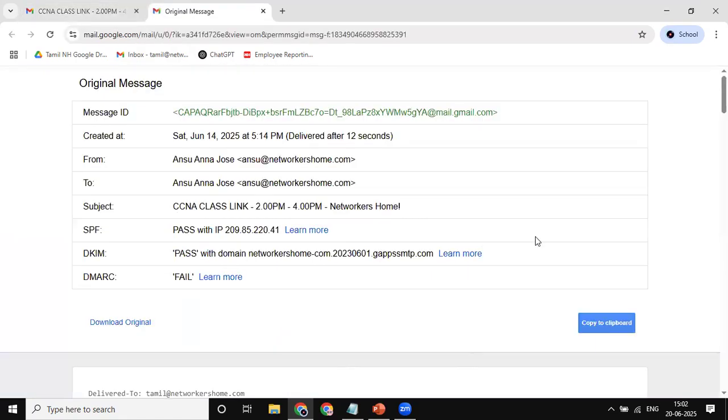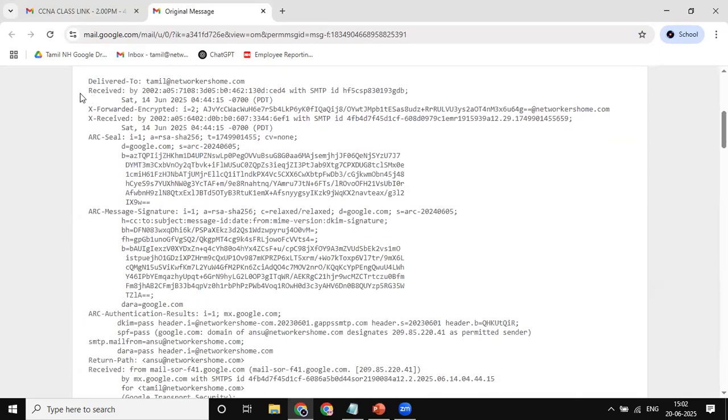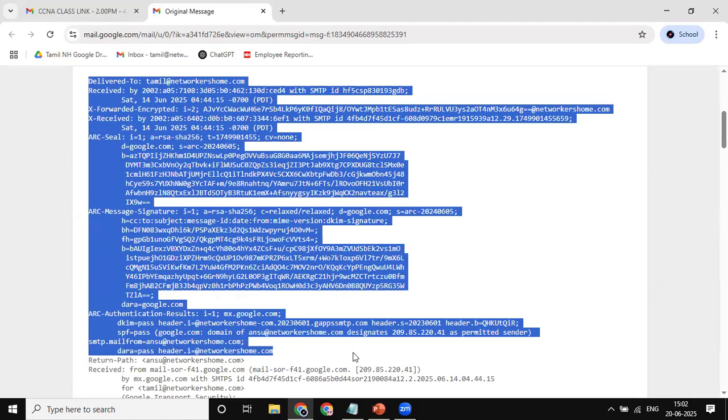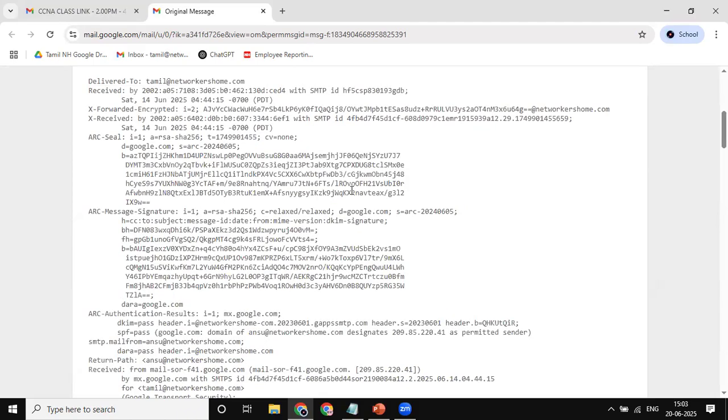So this is the mail I've received. This is the message ID and created-by time from my mail. Everything is there. So this is the actual mail. This is the backend mail. Can I read this? No, I can't read this. But how am I getting this email? Because of this